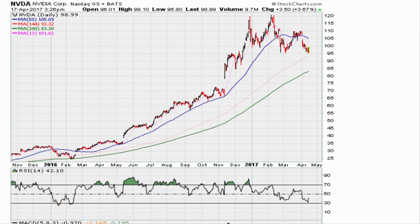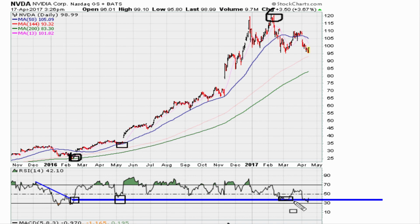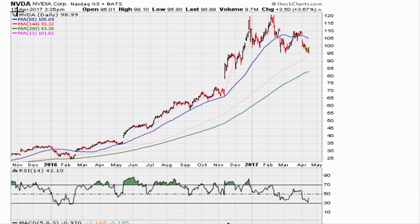and you can see NVIDIA here also coming back to test this level here. This level was the entry of the lows of 2000 and off this breakout level. Stock had a nice run, 25, 120, huge run. And recently, it came close here for the lows there, bouncing on this level here, and now back above that line. Also, we can see that on the weekly,